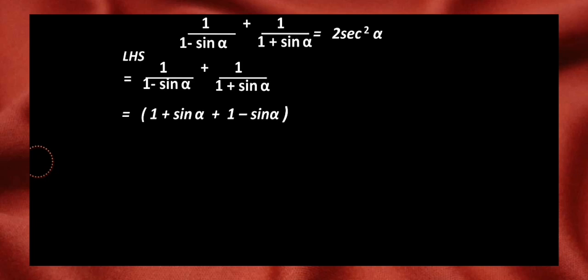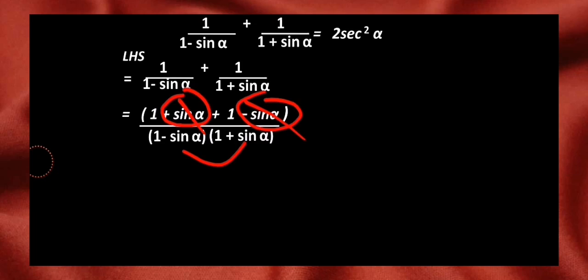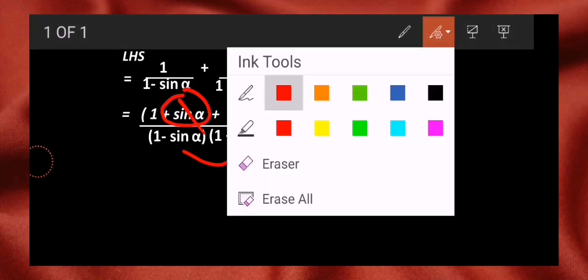And in the denominator, if you observe, we will get 2 brackets with the multiplication sign. The first bracket consisting of 1 minus sin alpha, and the second bracket consisting of 1 plus sin alpha. Now observe the numerator. In the numerator we have 1 plus sin alpha over here, and we have 1 minus sin alpha, so they can be striked out. And down, if you observe, we have a plus b, a minus b, the famous identity a square minus b square. So as we receive the clues, let's begin.